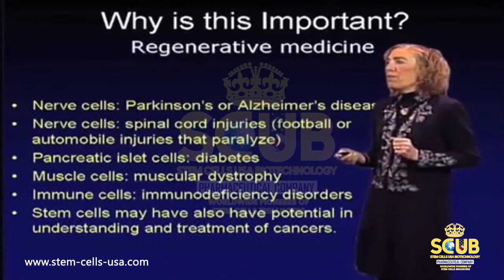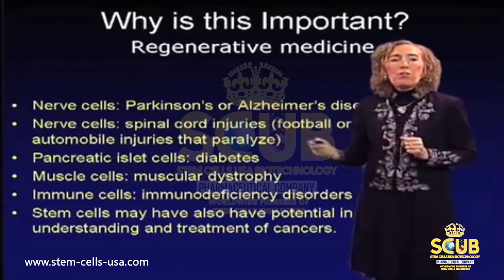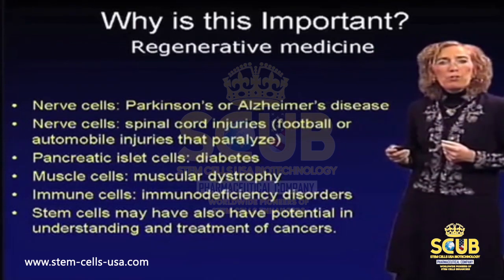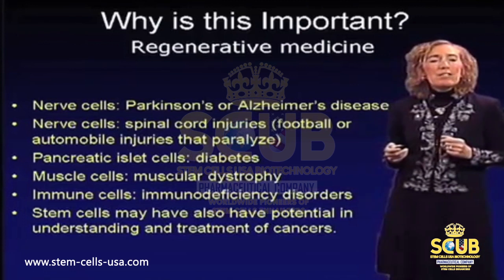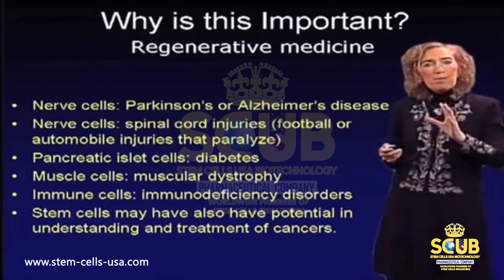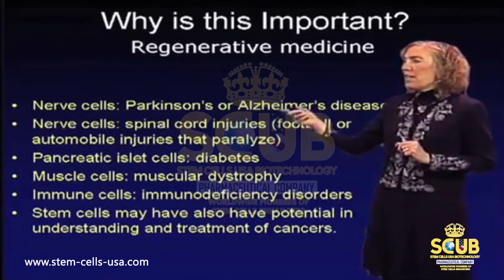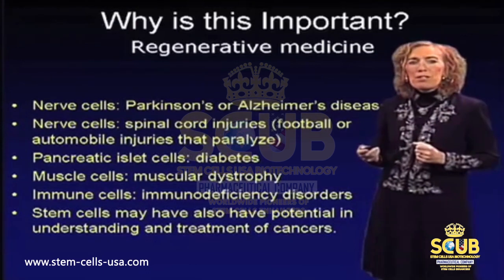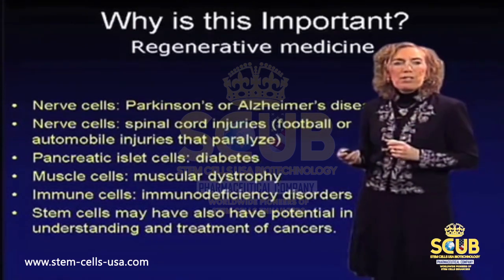How? Well, these cells might be able to be used to generate nerve cells. And nerve cells, if we're able to generate them in culture, could be used to treat Parkinson's disease or Alzheimer's disease, different types of neurodegenerative diseases. Nerve cells might also be useful in treating very bad injuries, spinal cord injuries from football or automobile injuries that could paralyze